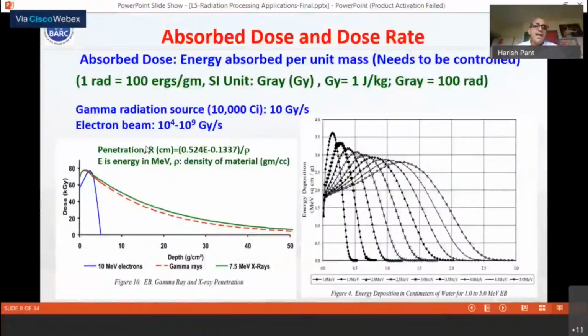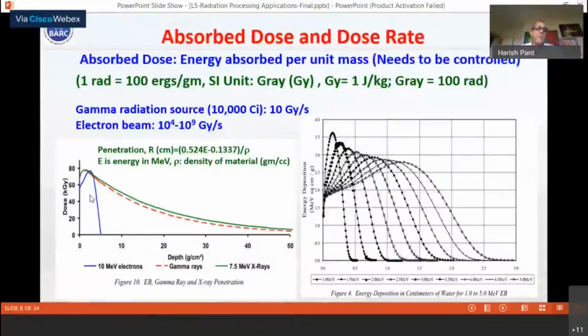But if we have an electron beam machine, the dose rates can be obtained of the order of 10 to the power 4 to 10 to the power 9 gray per second. So you can see that as compared to the radioisotope based sources, very high dose can be delivered by electron beams. But, as I told you, the limitation of the electron beams is that the penetrating power is